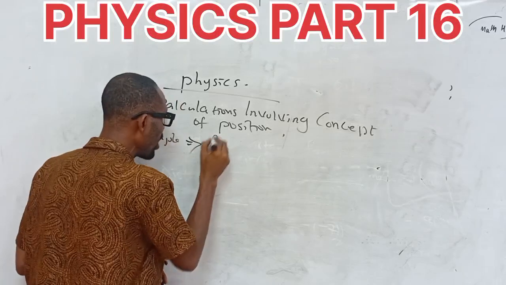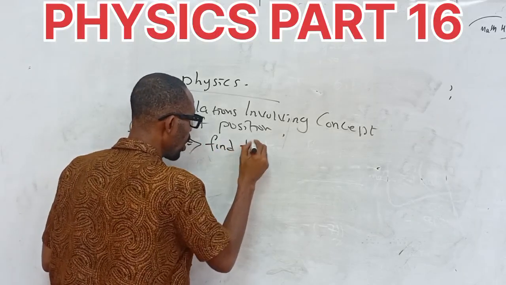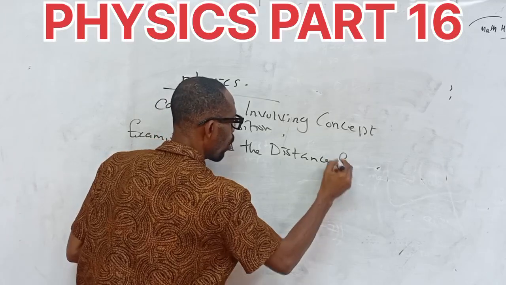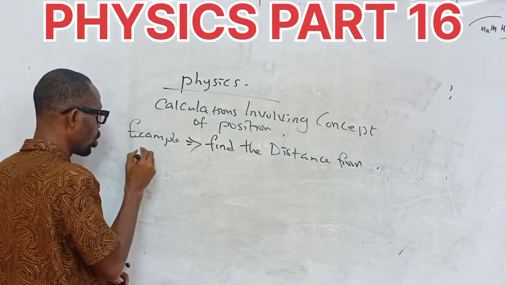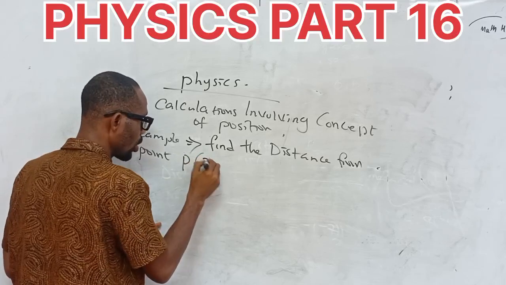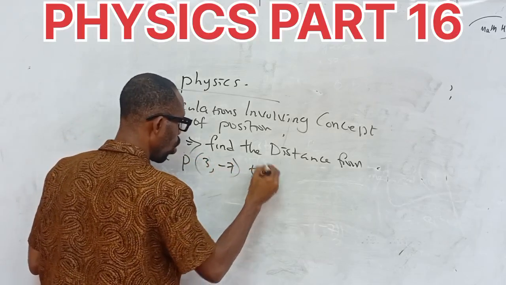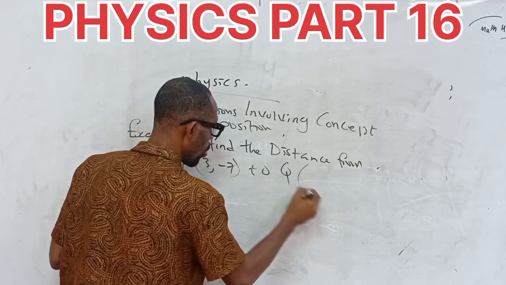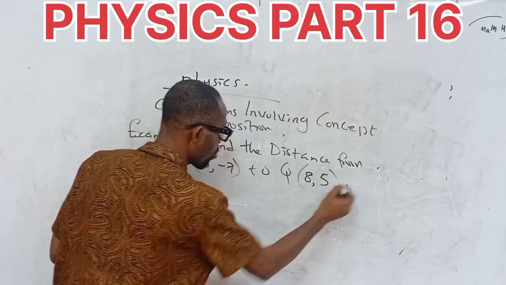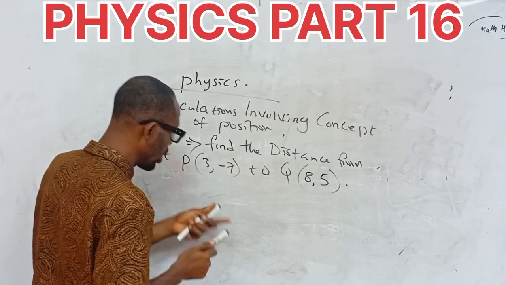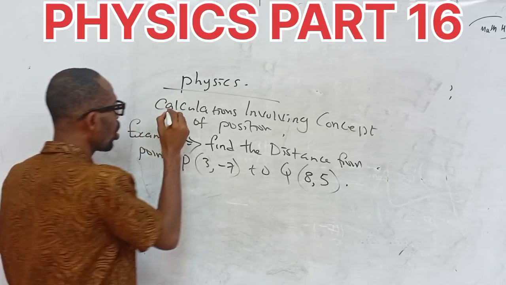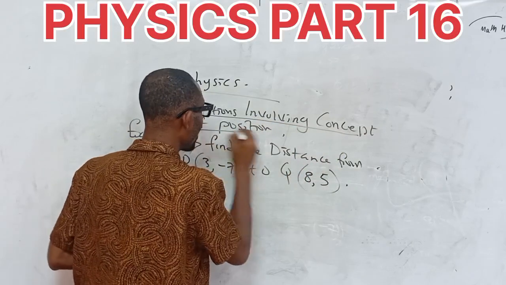Say for example, find the distance from point P (3, -7) to Q (8, 5). So they say we should find the distance. Don't forget, I told you that in calculations involving the concept of position, to get the distance, you can